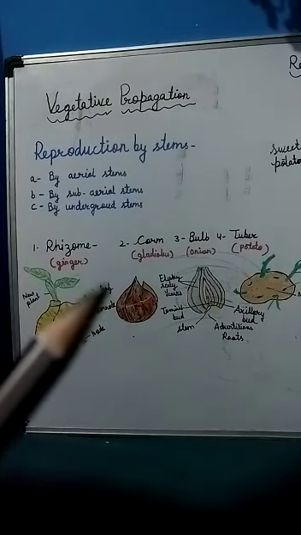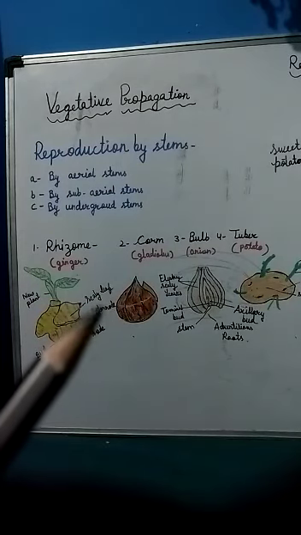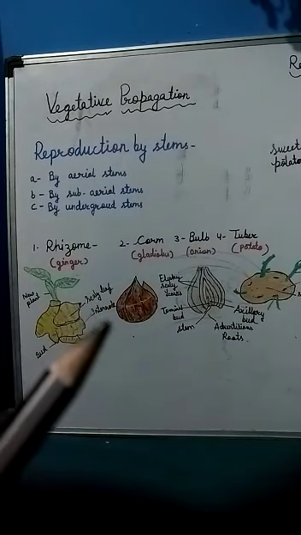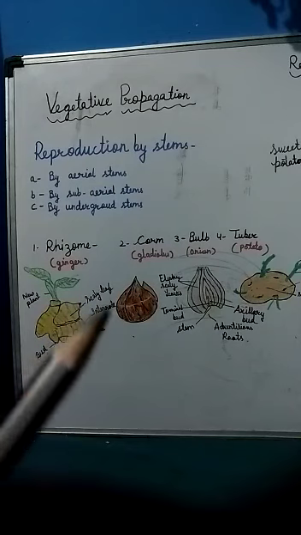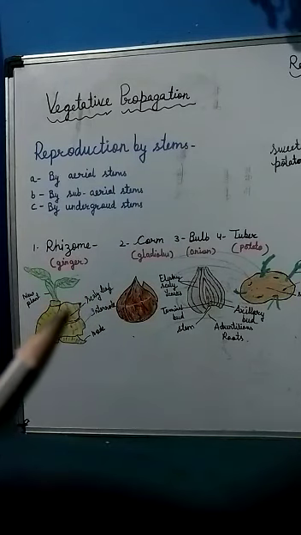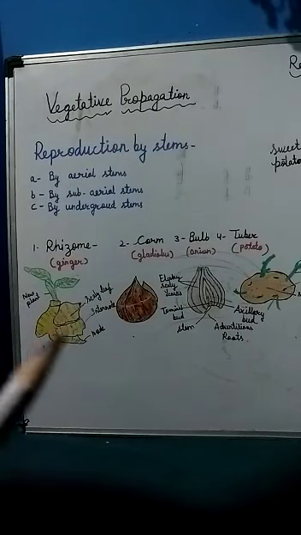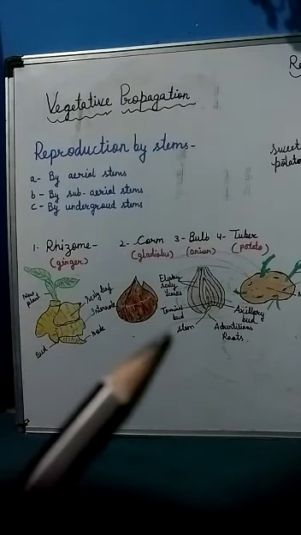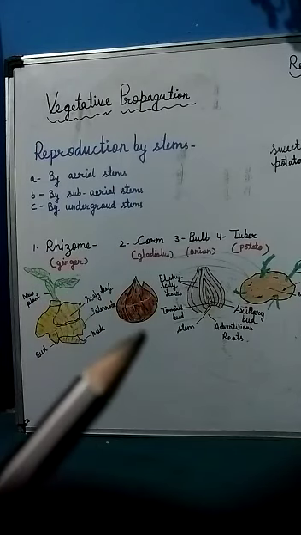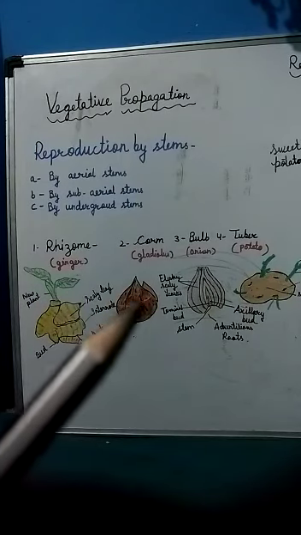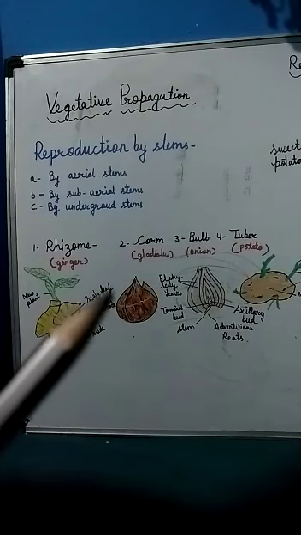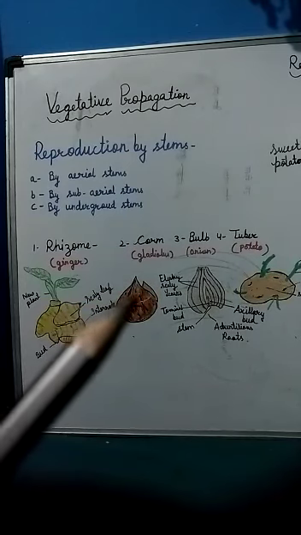Adventitious roots normally develop from the base, but sometimes also from the sides of the corm. Some special adventitious roots keep the corm at a particular depth in the soil. These roots are called contractile roots or pull roots. So gladiolus is an example of corm.